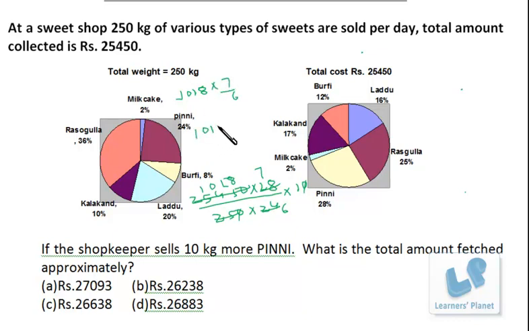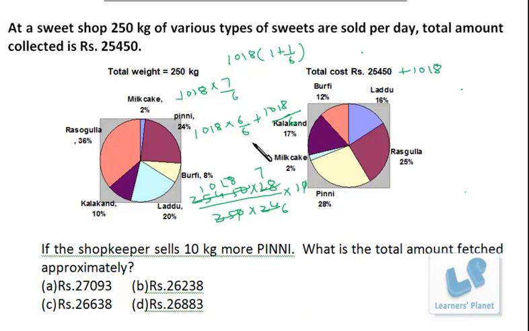It can be written as 1018 into 6 by 6 plus 1018, right? Because it is 1 plus 1 by 6, right? So 1018 into 6 by 6 plus 1018 by 6. Just listen, so 1 plus 1 by 6, right? So 1018 I have to add to it. Now because the options are quite close to each other, we just have to get an approximate idea of 1018 by 6.